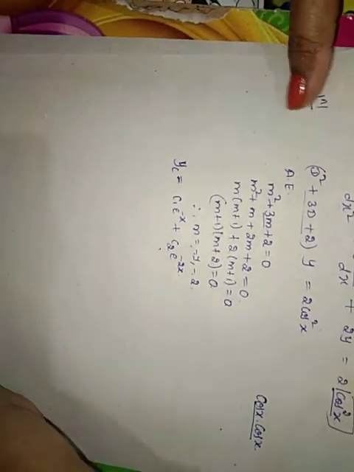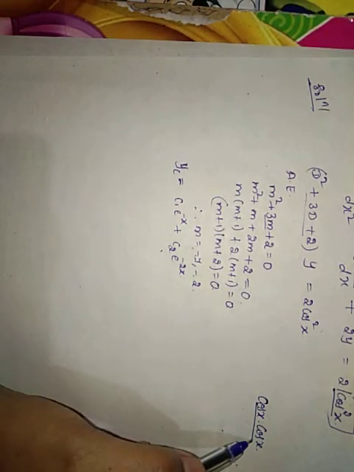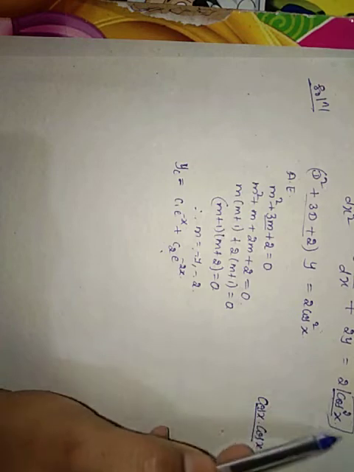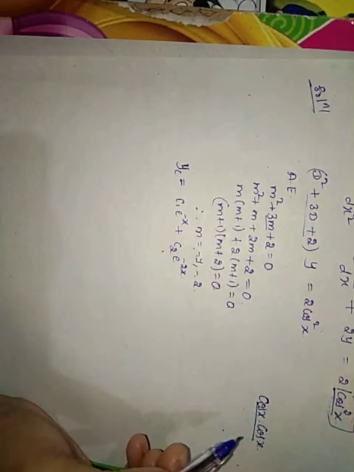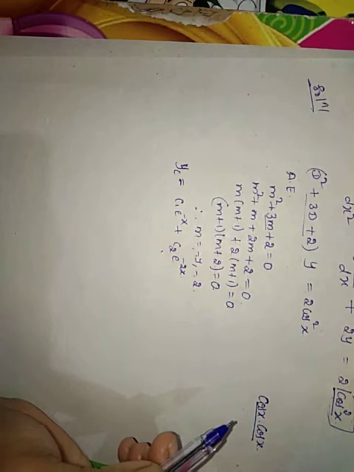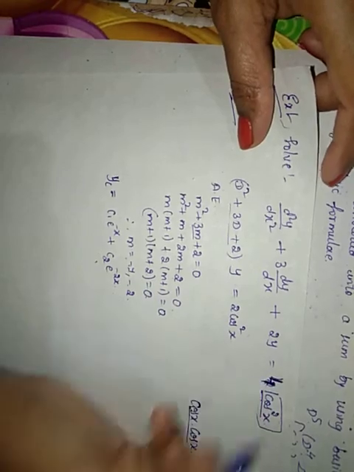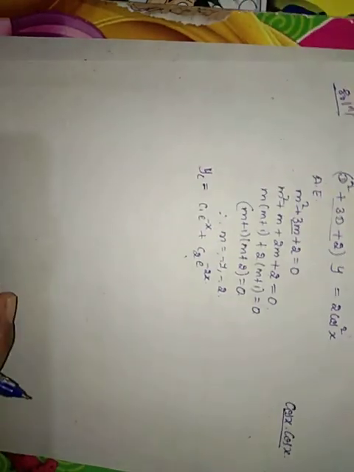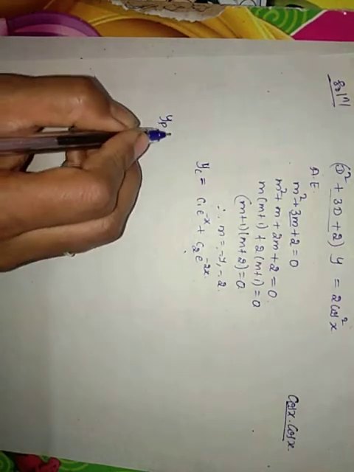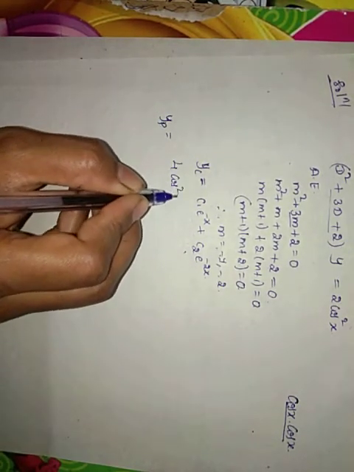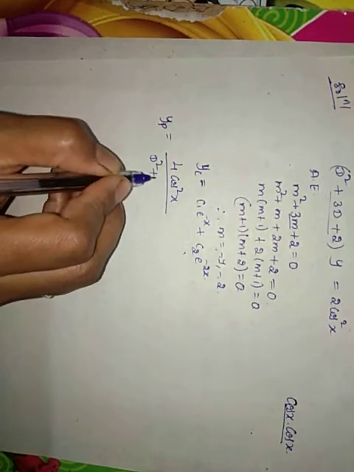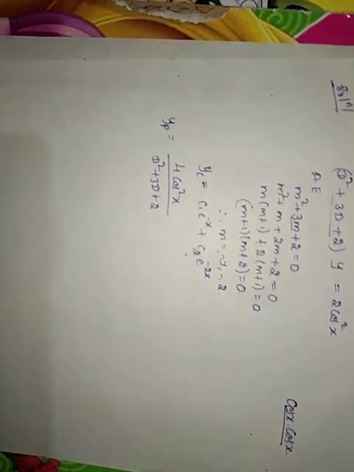That is what we mentioned in the second note. Cos ax into cos bx will come under the type 2 examples by using the trigonometric formulas. Similarly, cos square x will use the same trigonometric formula here. Here it is, take 4 cos square x. So how will it be applied? See here. Particular integral is equal to function of x divided by function of D. Now see here, 4 cos square x is there.